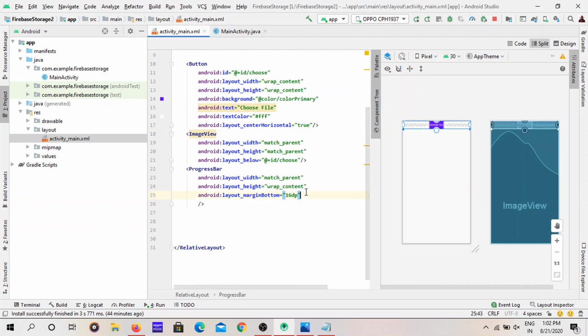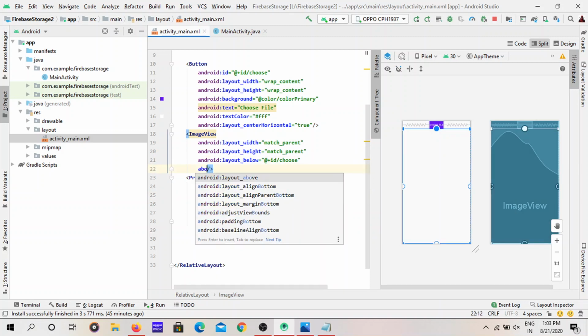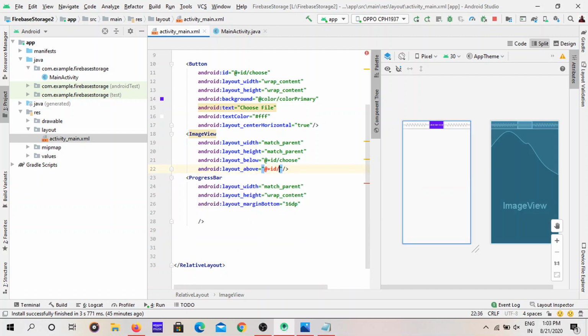So what you can give is below, or let's create another button first. And this image view should be above the progress bar. We can also give that: this image view should be above the progress bar.